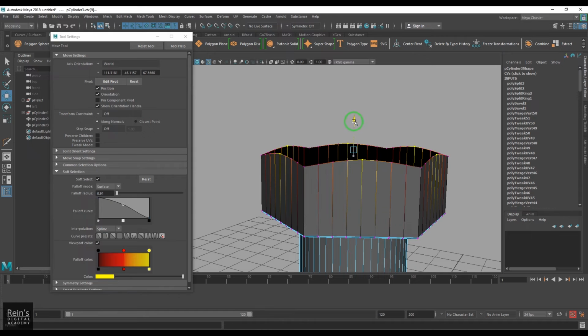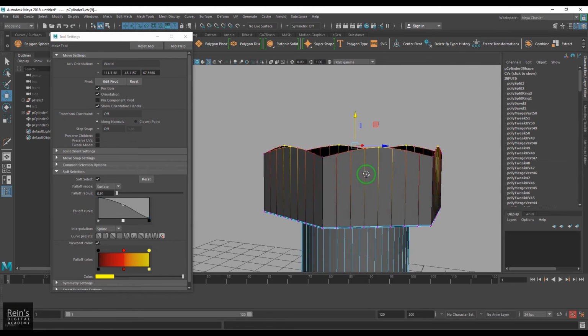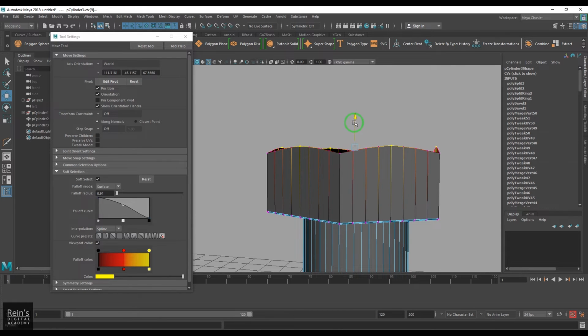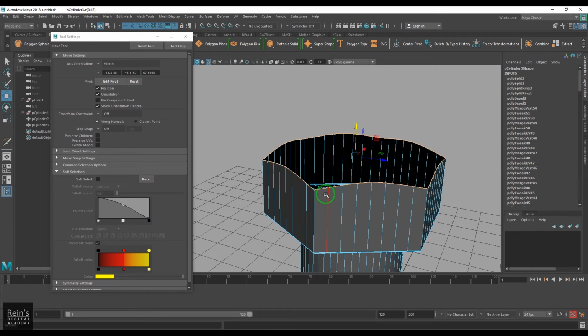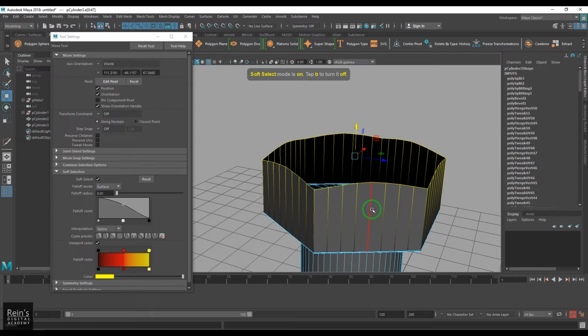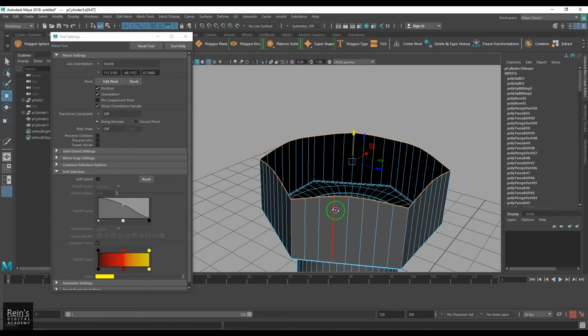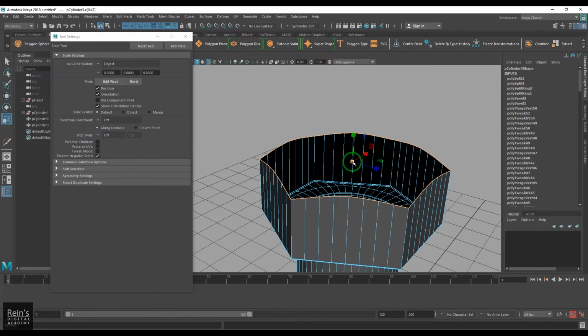Now when you pull that, you get it nicely as per the reference, and don't push too much of that. Then double click the edge, select them, extrude it,